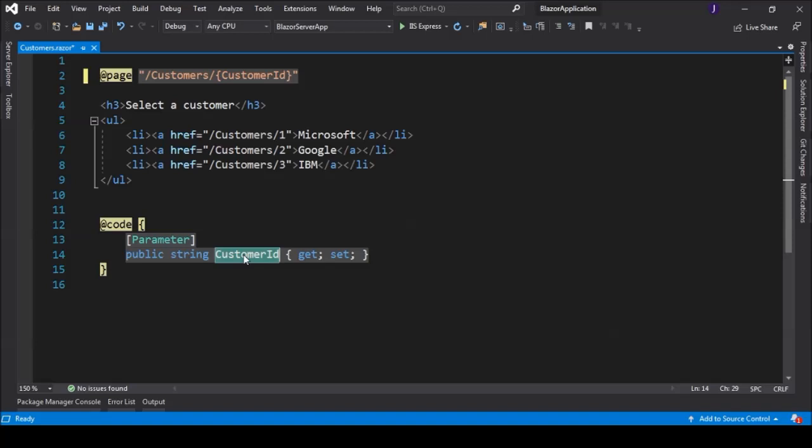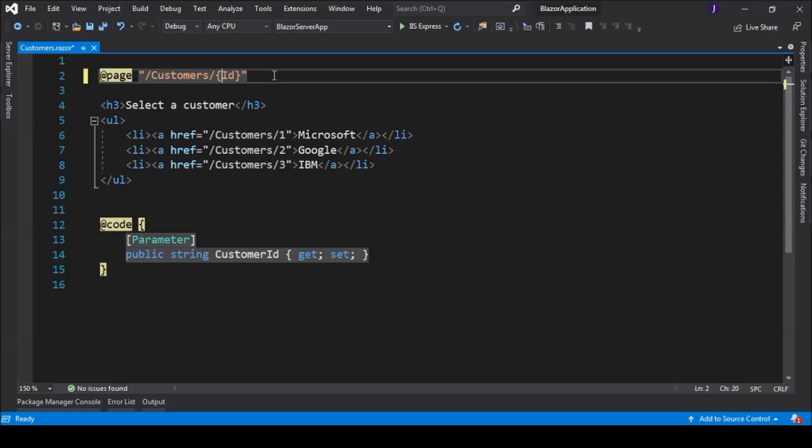Okay, and it's case insensitive. You can declare like this also, but the name should match. I cannot declare it like ID. It will give me an error.